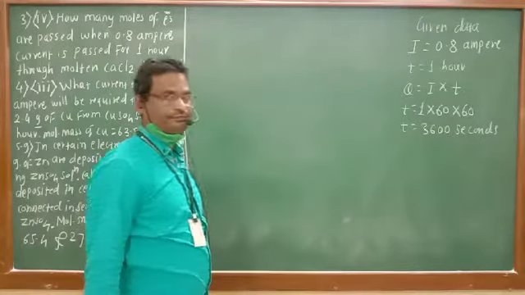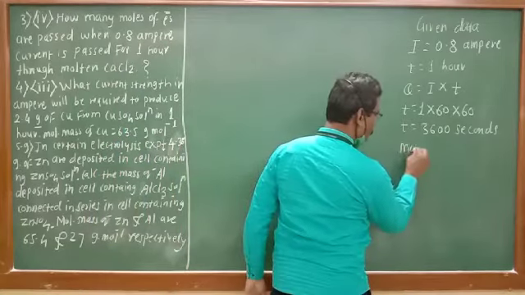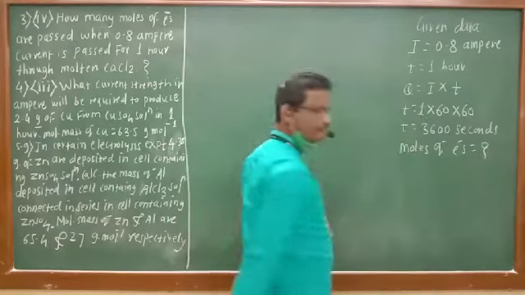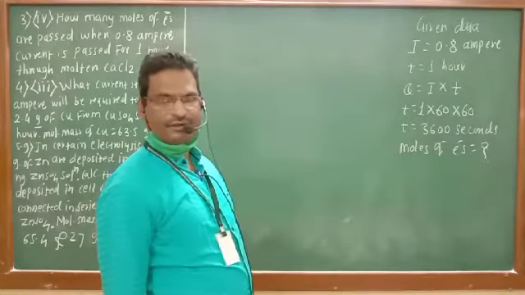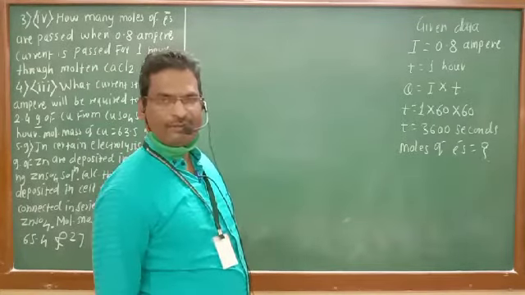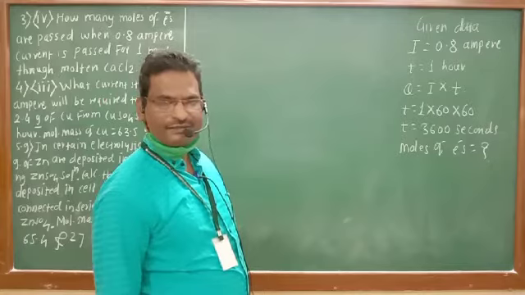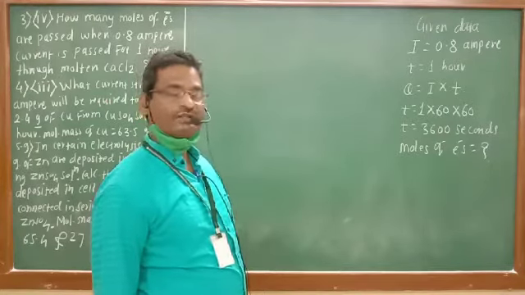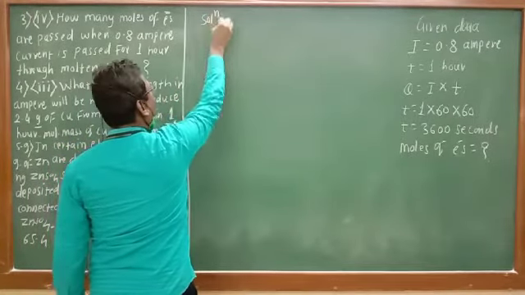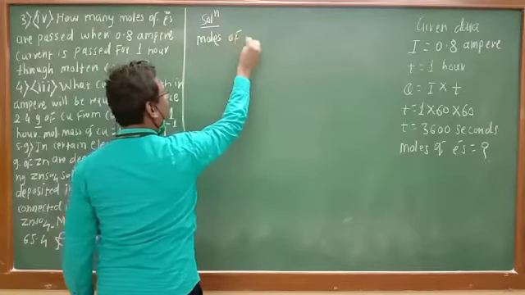Now the solution. That is the data given, and they have asked to calculate the number of moles of electrons. Steps of calculations we have studied. First step is to calculate the quantity of electricity Q. Q is equal to IT. Second step is to calculate the moles of electrons passed. So in the solution we know the formula. We have seen that formula in detail in the last lecture.